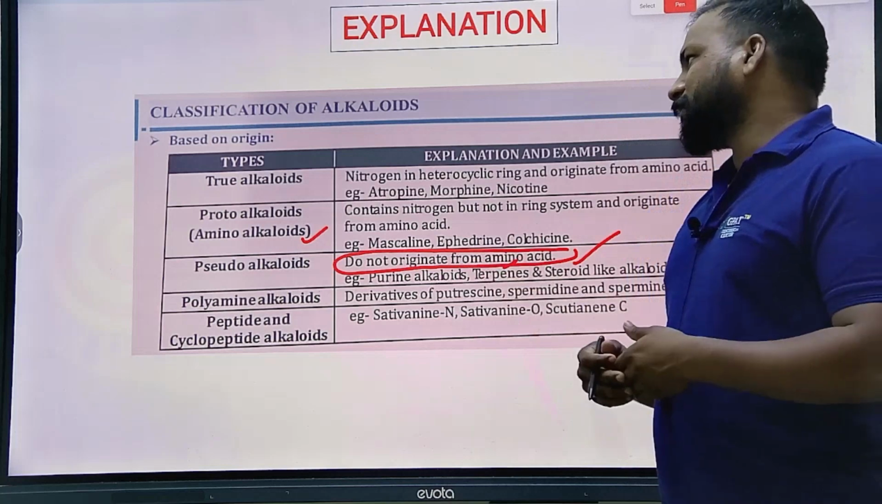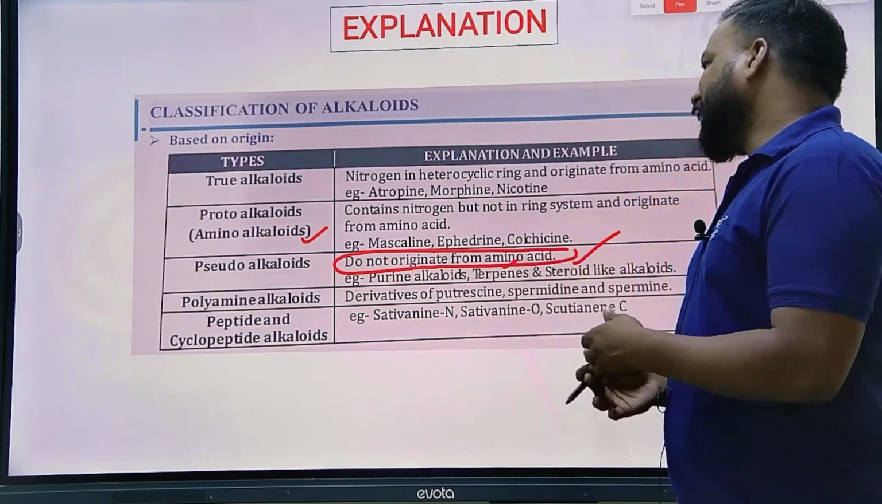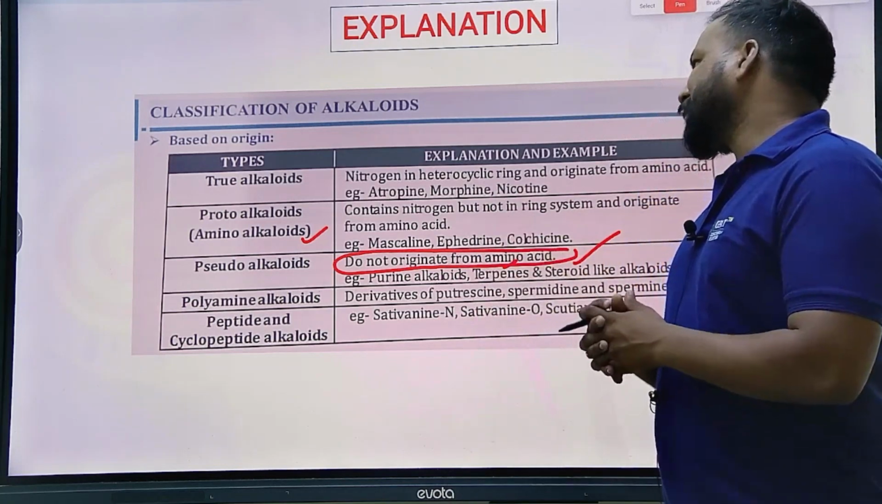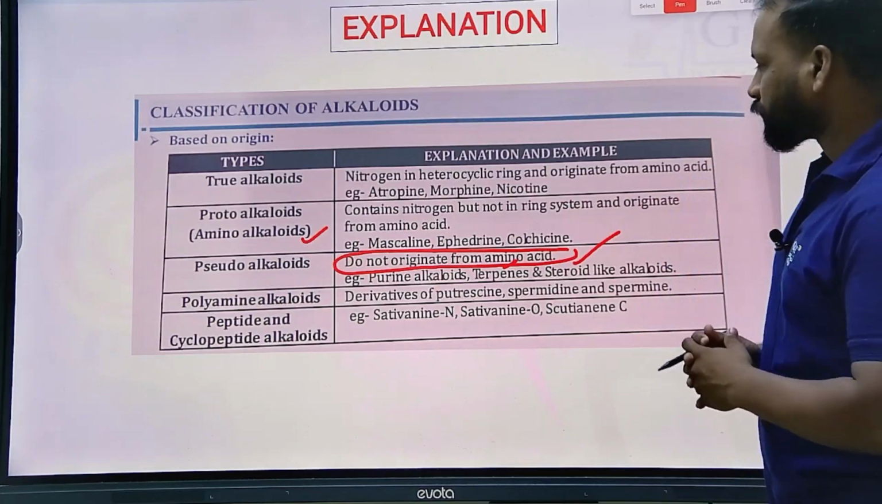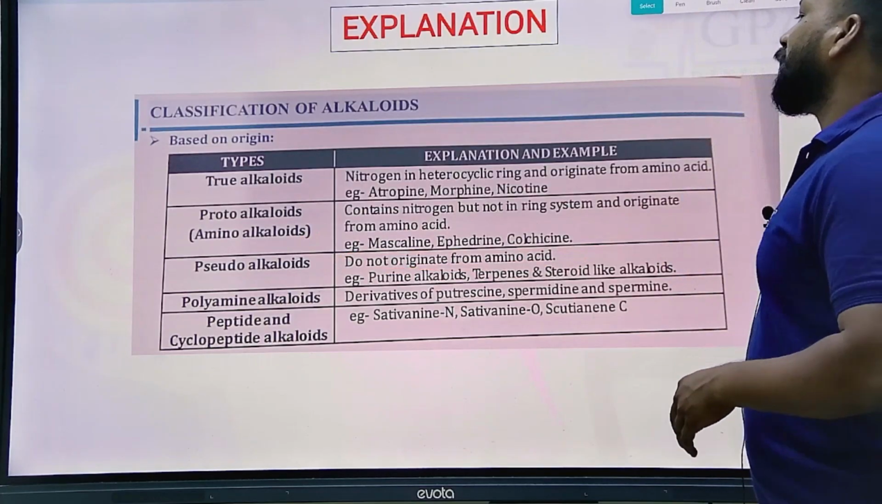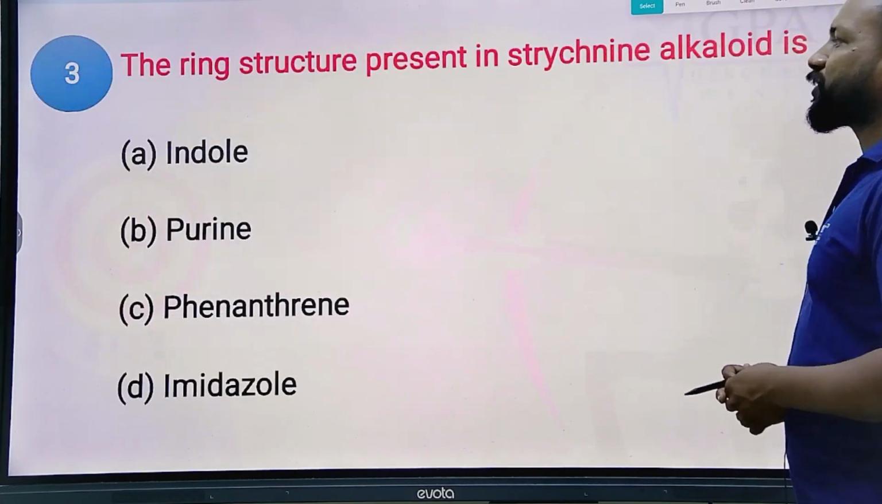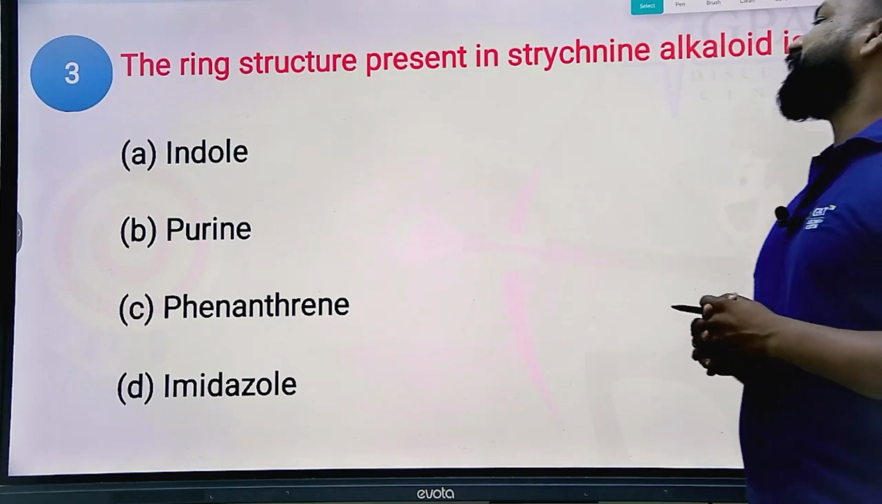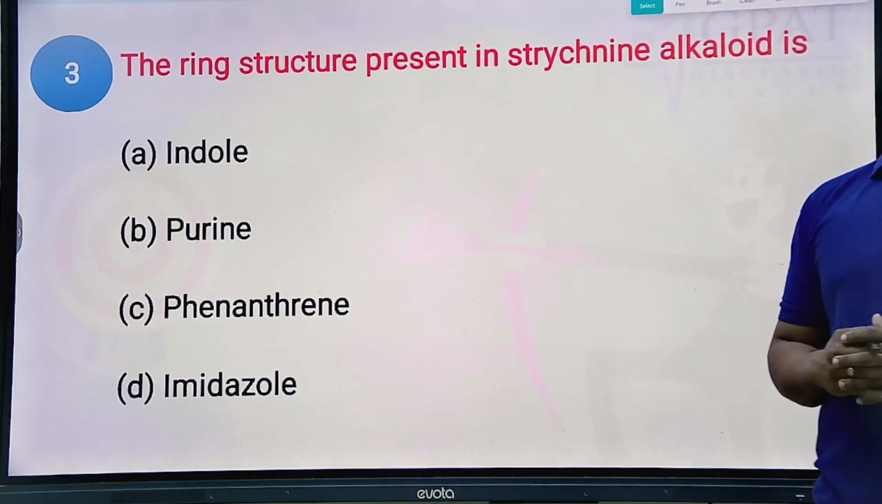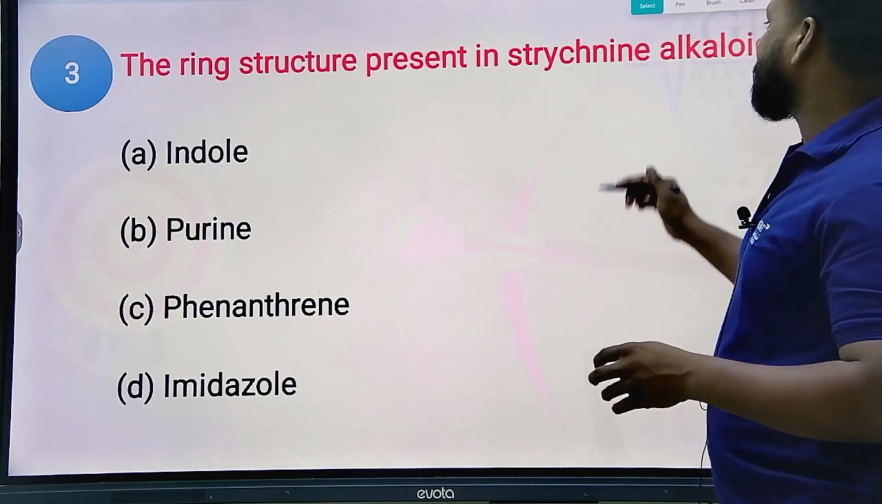True alkaloids are those where nitrogen is present in the heterocyclic ring. So that's about the pseudoalkaloids. Next question: the ring structure present in strychnine alkaloid. Strychnine belongs to